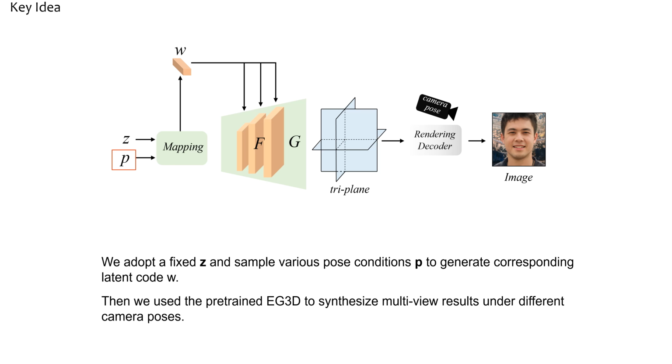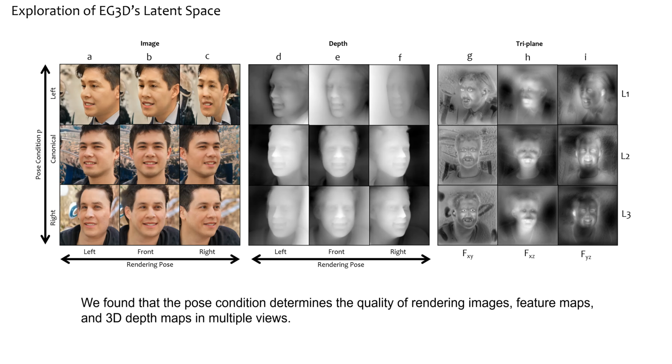We adopt a fixed C and sample various pose conditions, P, to generate the corresponding latent code, W. Then we use the pre-trained EG3D to synthesize multi-view results under different camera poses. We found that the pose condition determines the quality of rendering images, feature maps, and 3D depth maps in multiple